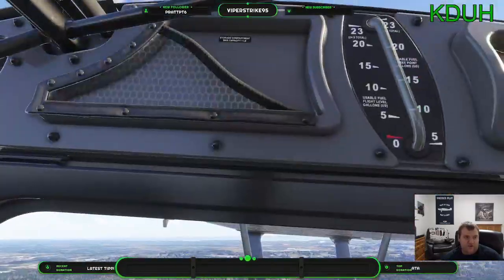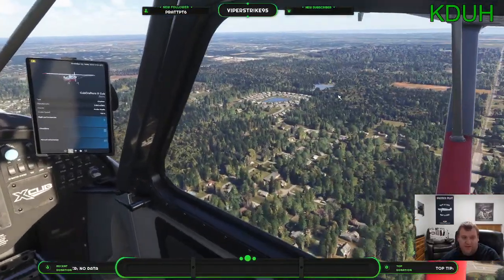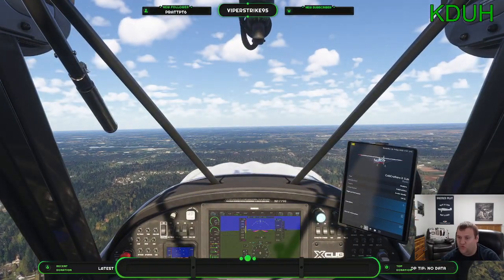We're going to go ahead and switch tanks to the right tanks. Now crossing into Michigan, 39 miles out.